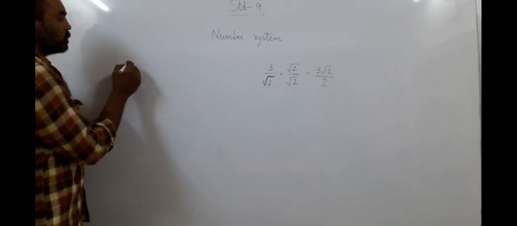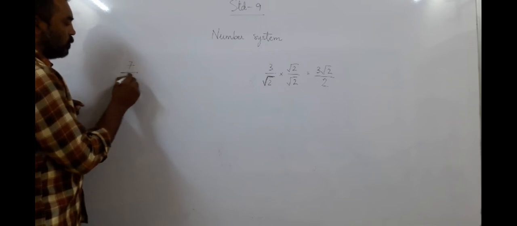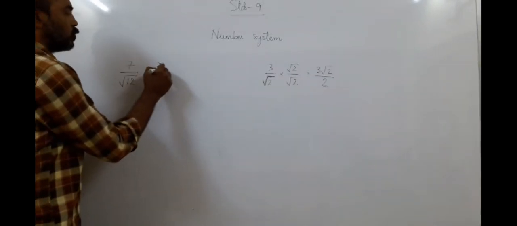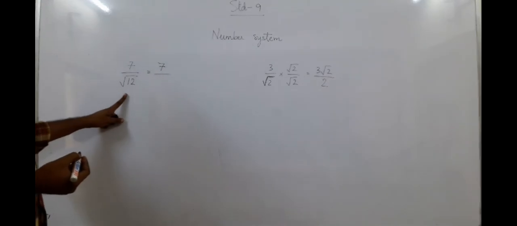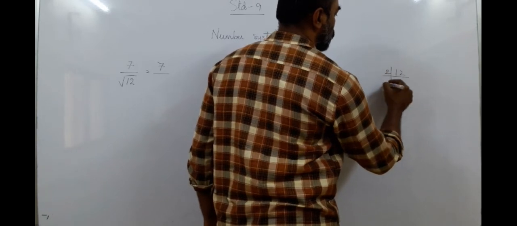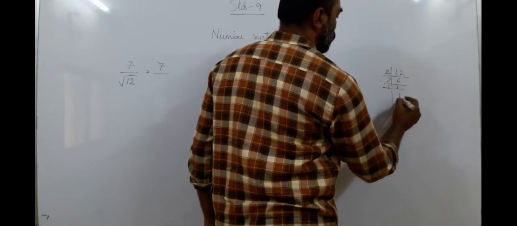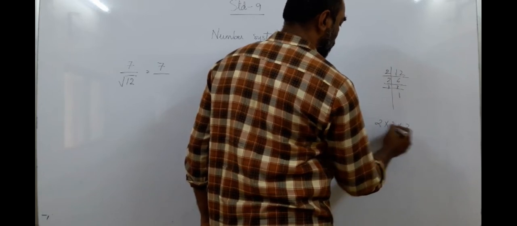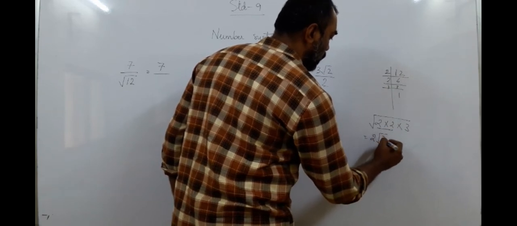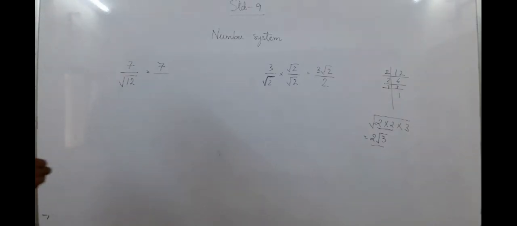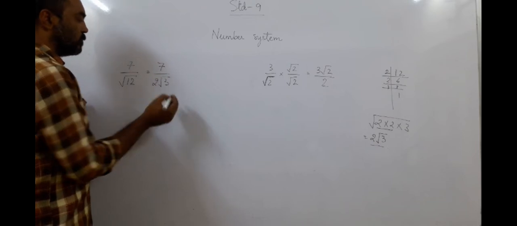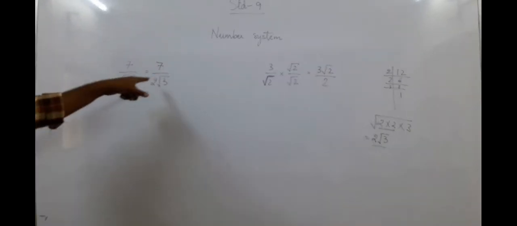Suppose I have got, say, 7 upon root 12. Okay? Now first I convert this root 12 into its simplified form. So what do I do with root 12? What are the factors of 12? 12 is 2 into 2 into 3. And when I take the under root, these two form a pair, so it comes out, but the root 3 remains in the square root. So first we write the root 12 in the simplified form. Root 12 is 2 root 3. Yes, root 12 can also be written as 2 root 3.